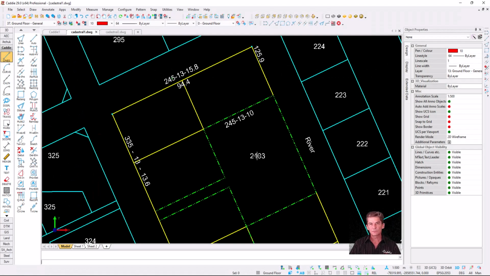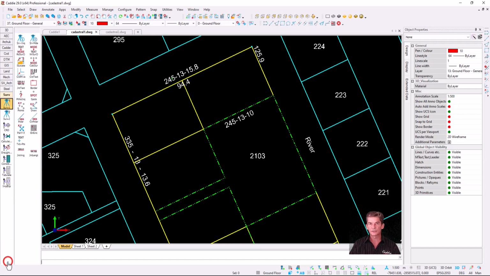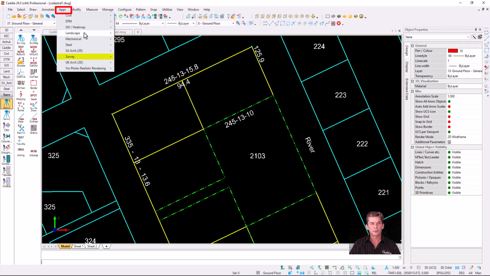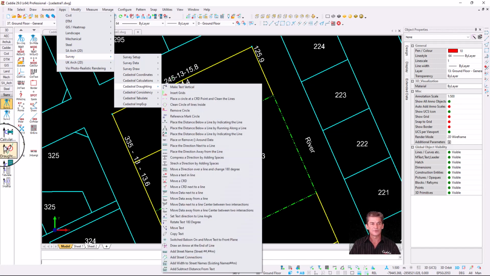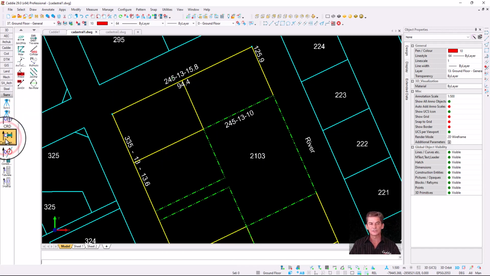For this exercise, I'm going to make use of the classic menu. On the left hand side, if you go all the way down to your survey, you'll see that your cadastral commands will be added to the list. Alternatively, you can go to application, go down to survey, and you'll find the commands over there as well. So the first exercise that we're going to do,